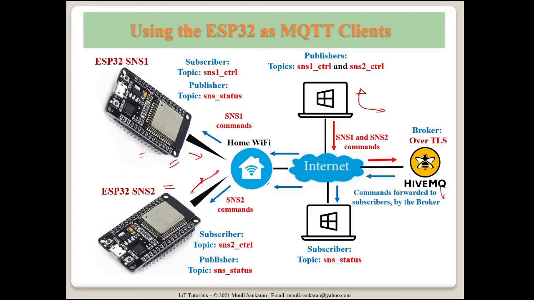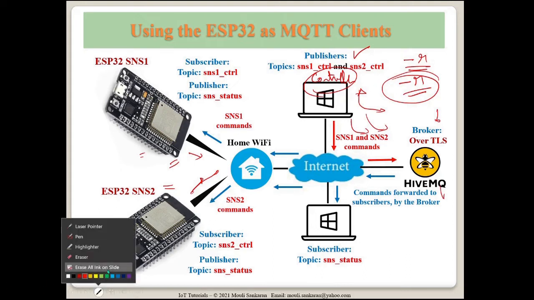Okay. So now what if a command has gone from here, multiple commands, and then this sensor doesn't even know what was the last command. So that is the reason for the -r option the publishers can make use of, so that even if the sensor goes out of the network for some reason, the last message that was sent from the publisher, the controller, I call this a controller, which is controlling both the sensors, the last message from both the topics can be logged here. Minus r is a retain option. If we have a retain option, we will be able to pass on the command even if the sensor was out for a while when this command was given by the controller.